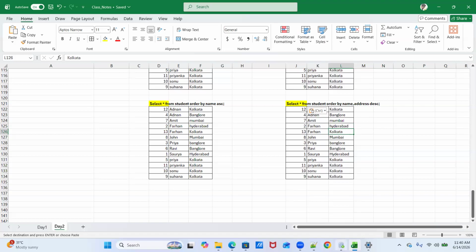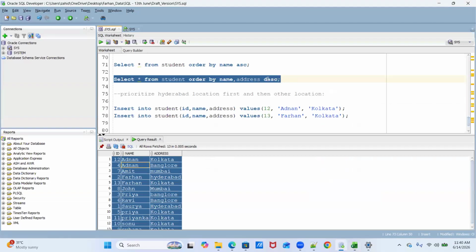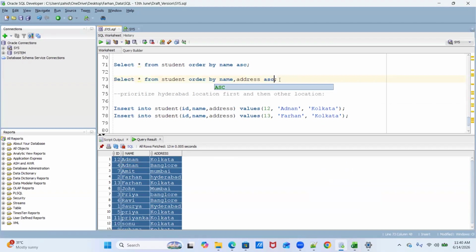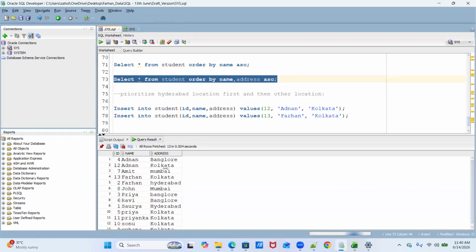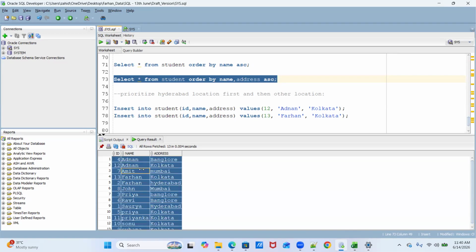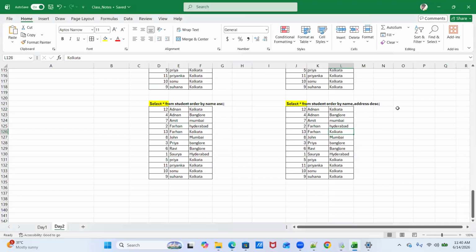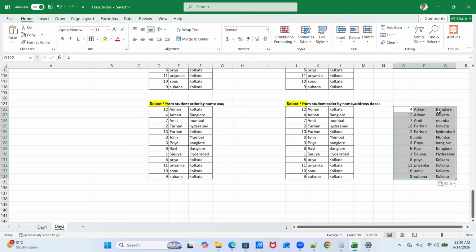If we just change it to ascending, it has been converted. So it is changed to Bangalore first and Kolkata next. Same for these two records: Kolkata first and Hyderabad next.